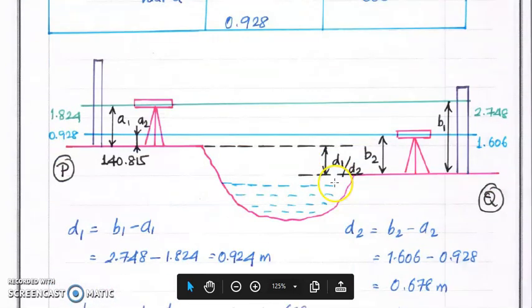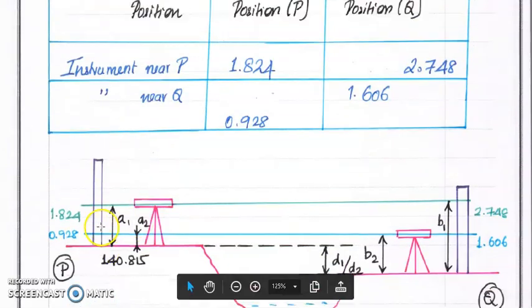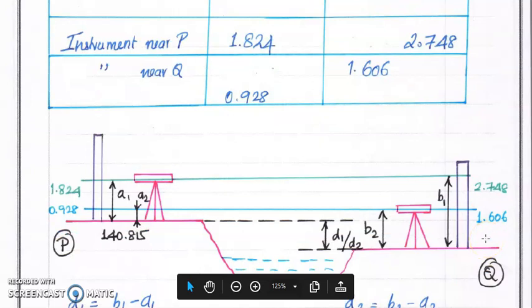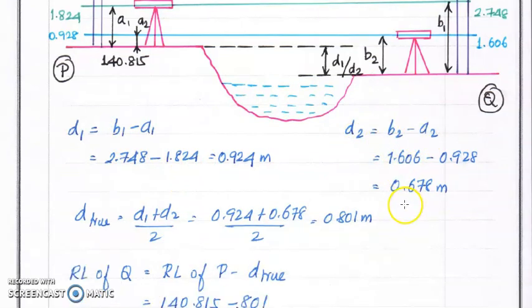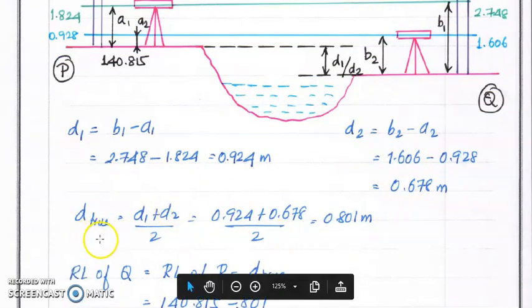Now we know the formula. Already we discussed A1 B1. A1 is 1.824, B1 is 2.748. Then 0.92 is A2 and B2 is 1.606. This is a true reading, this is a true reading, this is an incorrect reading and this is an incorrect reading. So by using this relation, D1 equals B1 minus A1, similarly D2 equals B2 minus A2, the average true difference equals D1 plus D2 by 2,